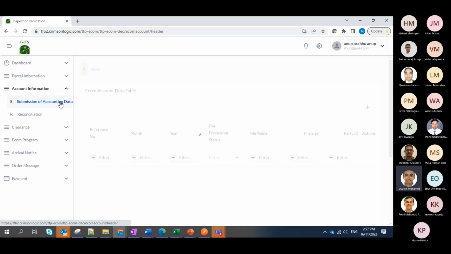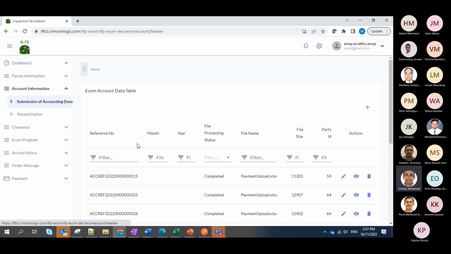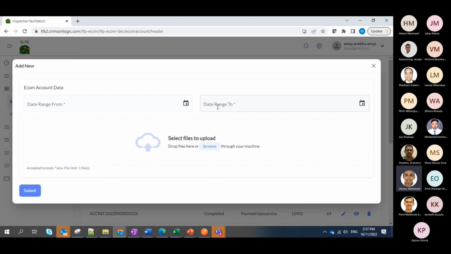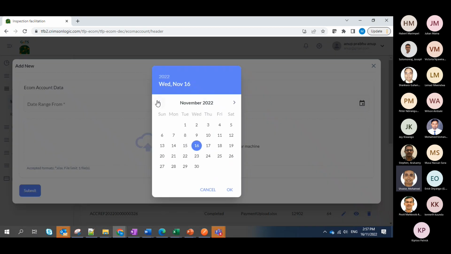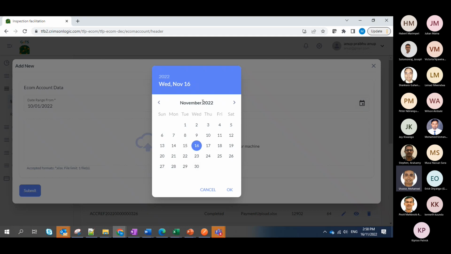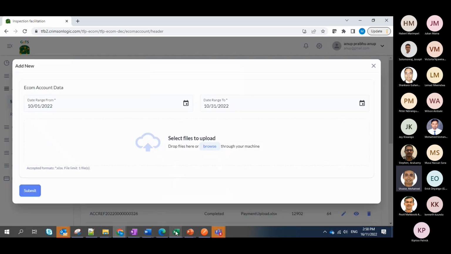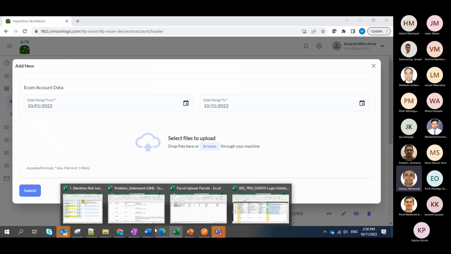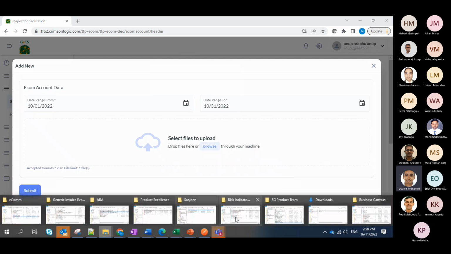There is a format as well, and all the user would need to do is click. For example, if they want to submit accounting related information for all the goods brought in by them for the month of October, they would need to drop in a file. And we also have a format here.